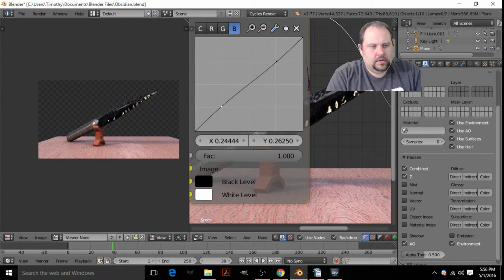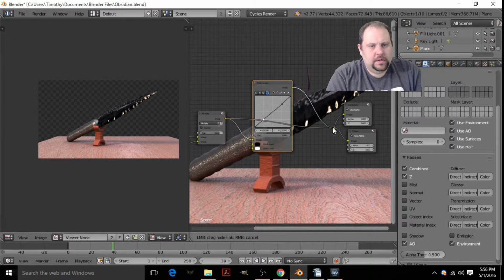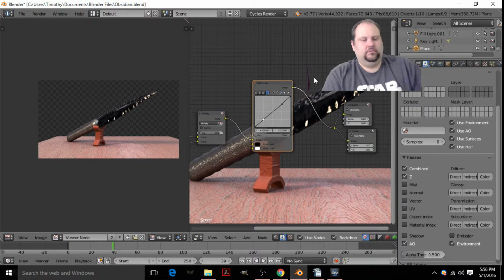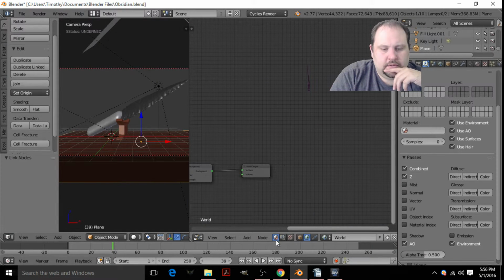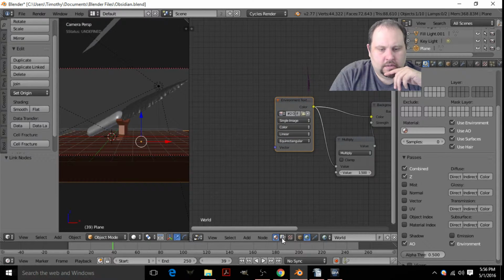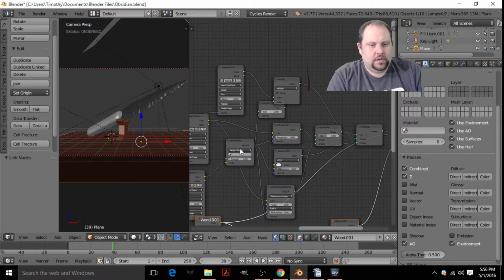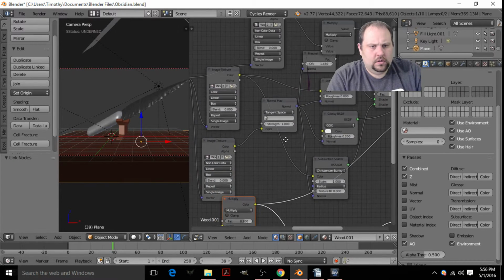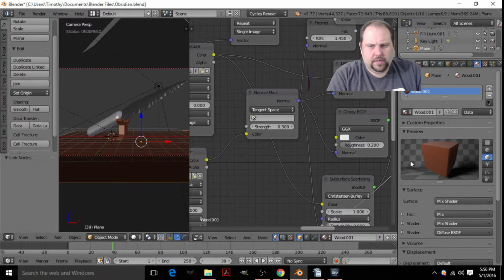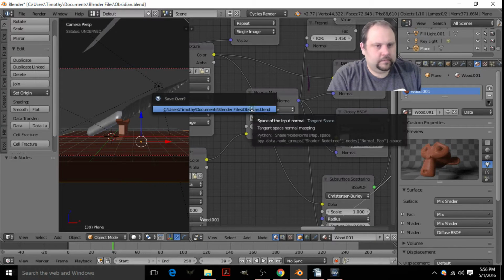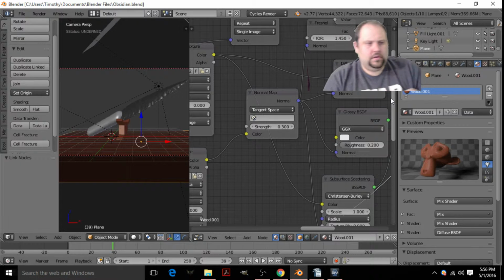Alright. And let's actually bring this back down to normal. Okay, so without color correction, with color correction, more, I don't know, I like it better. Okay. Also, let's turn down the strength of my normal on the wood. It goes here. Let's bring this down to 0.3. That's probably better. Okay. So,